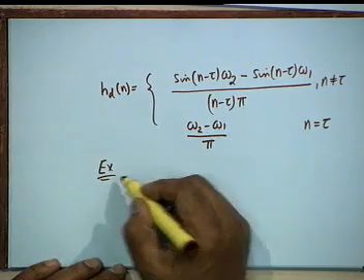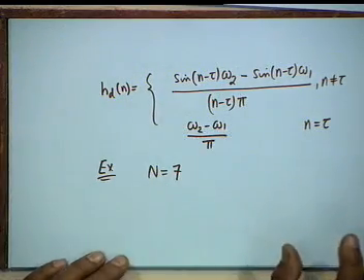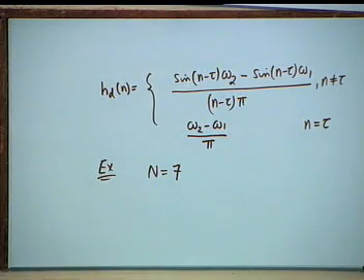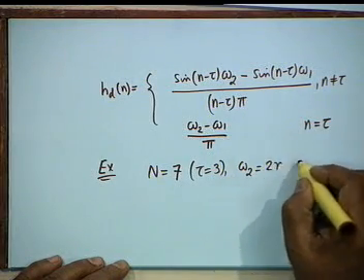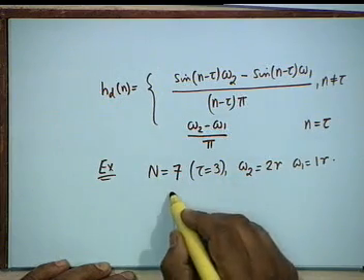To take an example, suppose capital N is still 7, it is a very small length, it is only being used for illustration. One never uses capital N equal to 7, it cannot achieve anything. You have to go to at least 3-digit figures for a substantially good frequency response. N equal to 7, which means tau equal to 3, omega 2 we take as 2 radians and omega 1 as 1 radian. Then you calculate HD(n),